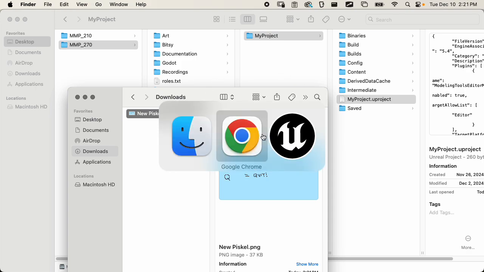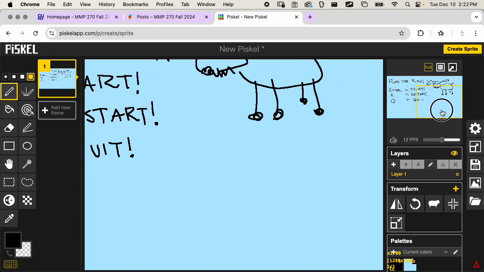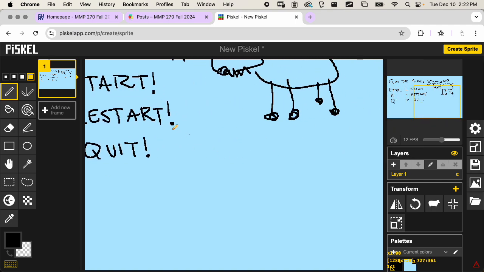Okay, so I've created this beautiful UI in Piskel, and we're going to add this into our Unreal scene as a very simple UI with just some key presses for the user to use. Actually, I didn't include any real instructions about how to actually play the game, so maybe I can just put in our actual commands, W, A, S, D, walk,